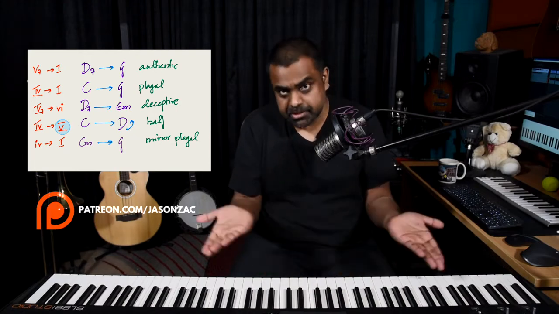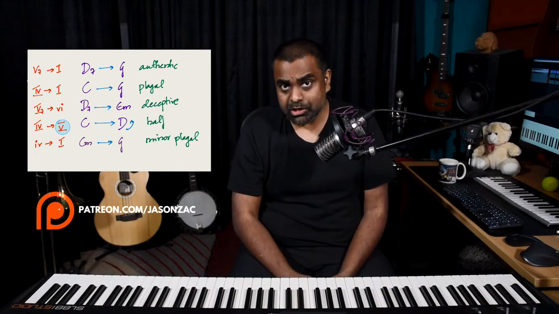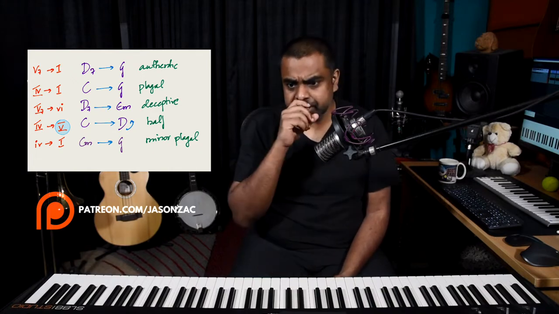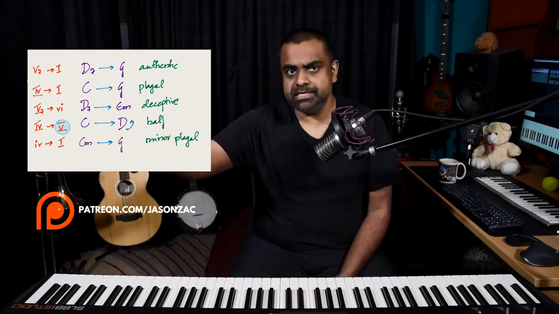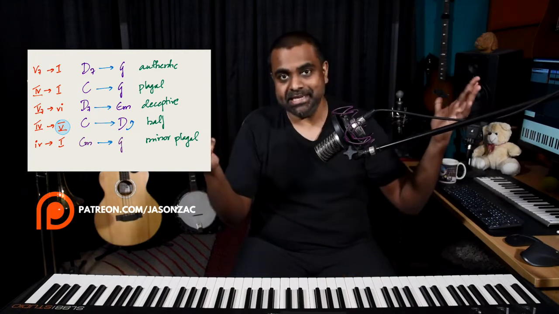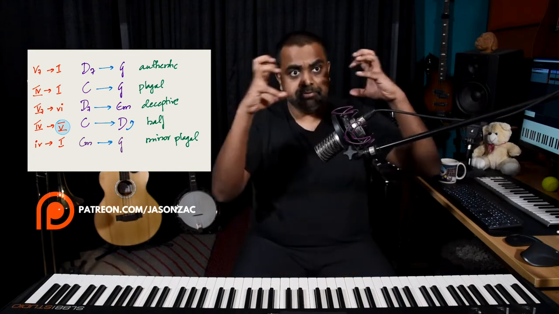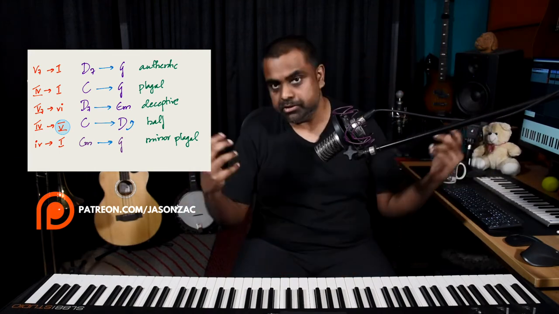We say deceptive because it's 5 to 6. That's the deceptive cadence. So you have other cadences as well in music. Yes, there are a lot of them, but I'm just going to go on a tangent and tell you something, maybe unofficially, which I call cadences. Maybe they are called cadences, but now we try to build up and add more chords to the equation.